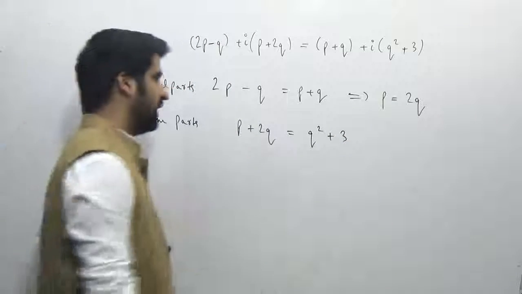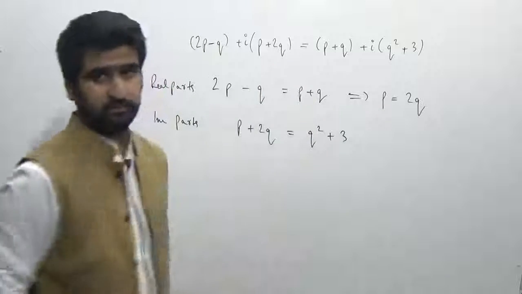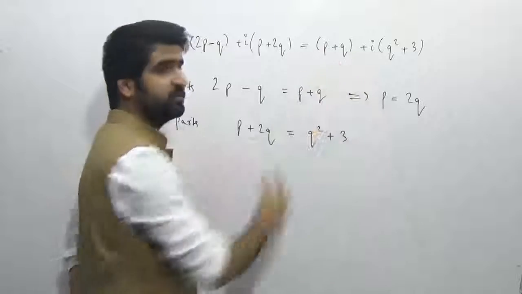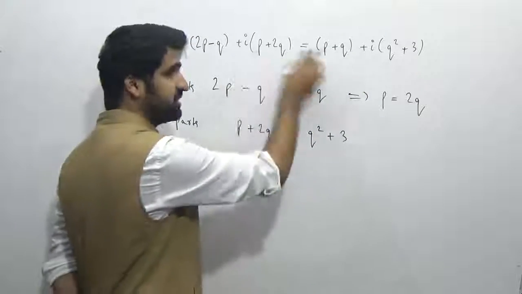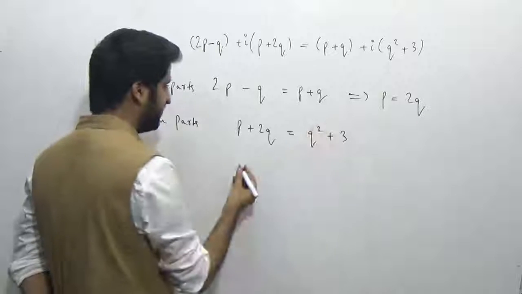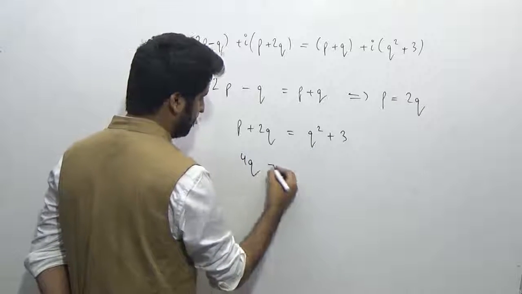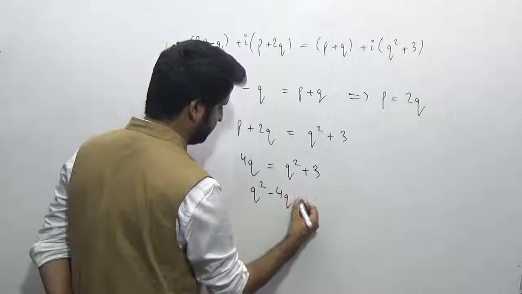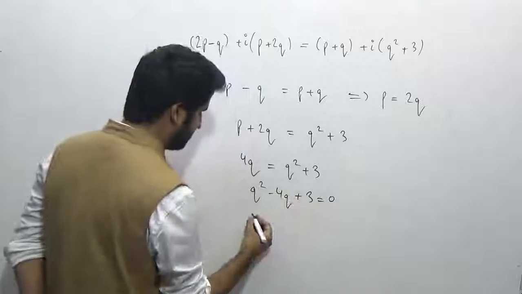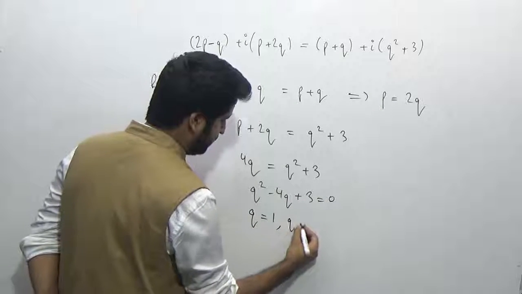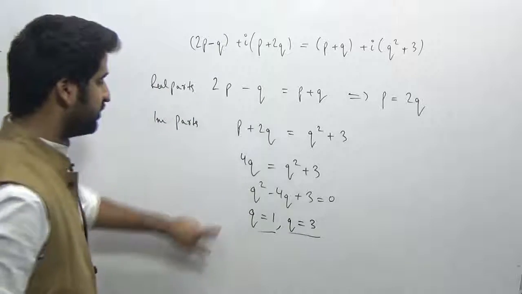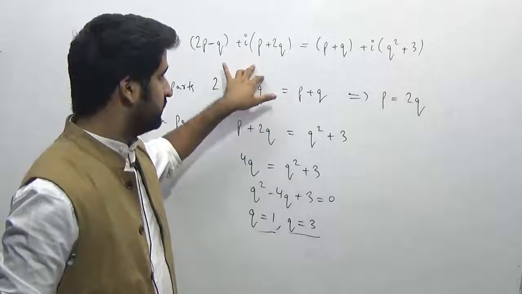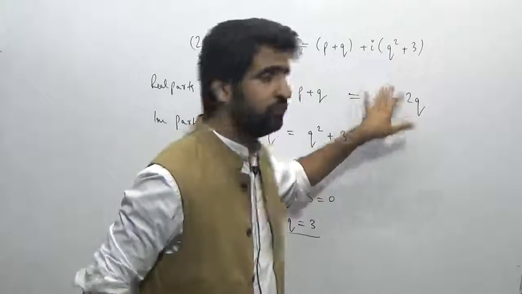Now I have to find the values of p and q in this case. So will the two complex numbers be any different? No, the complex numbers will be the same because the real parts and the imaginary parts are equal. So what we get from here is 4q is equal to q square plus 3, and we get q square minus 4q plus 3 is equal to 0, and this can be easily solved for the values of q: q is equal to 1 and 3, and subsequently we can get the value of p. So we'll get the complex numbers. The lesson from here is, if the two complex numbers are equal, we have to equate the